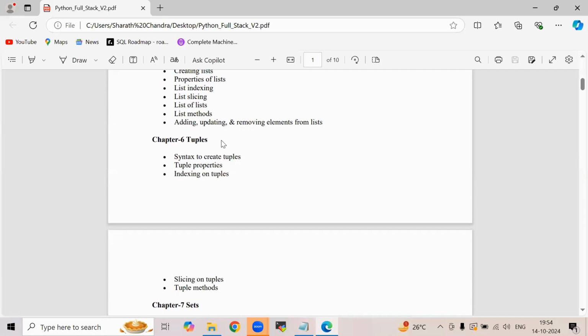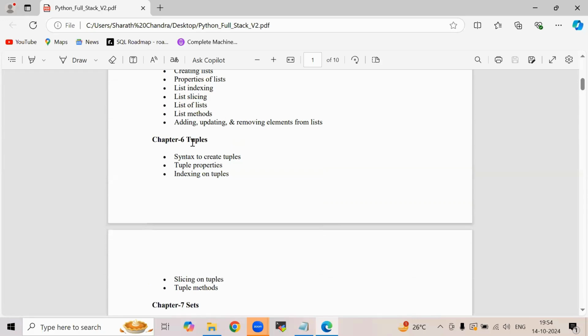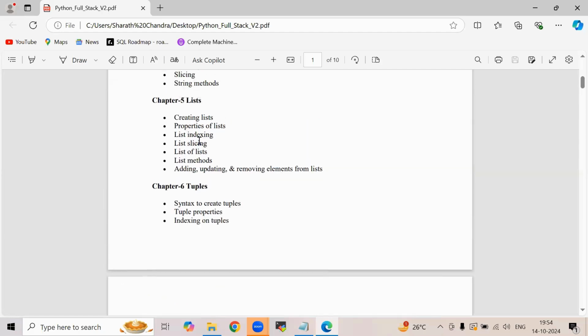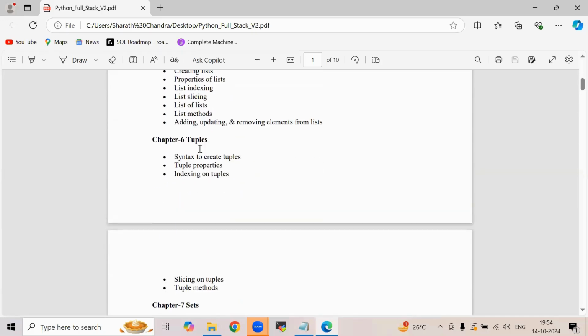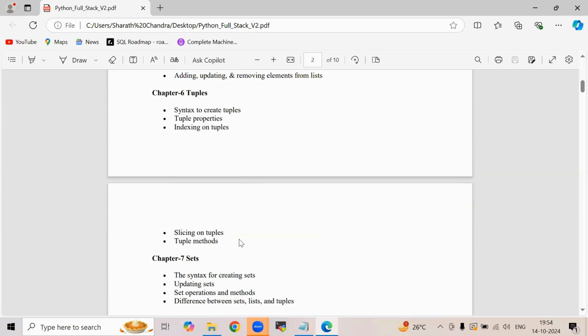And then we'll go through tuples. What is a tuple? Again, the question comes. The lists are alterable, they're mutable. Are tuples mutable or not? If they are not mutable, why? What are the cases? How to declare a list and how to declare a tuple? All such things we will see in the tuple sessions.